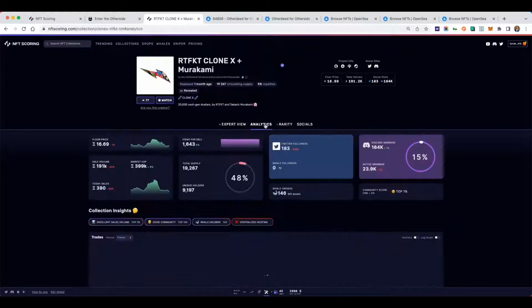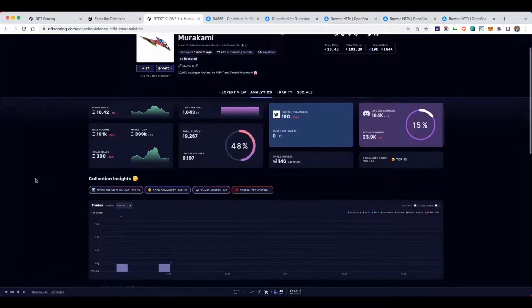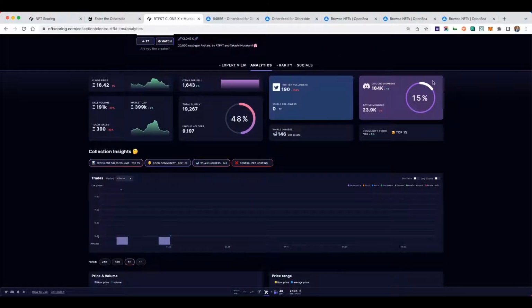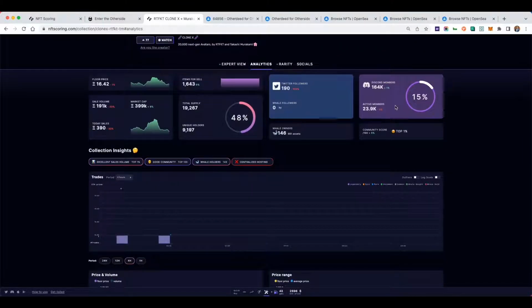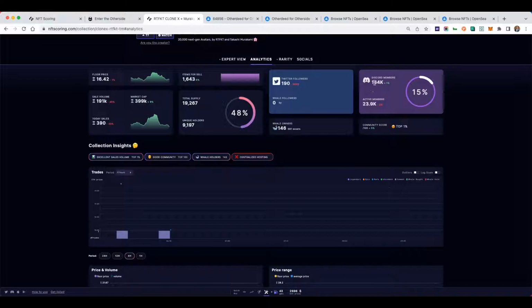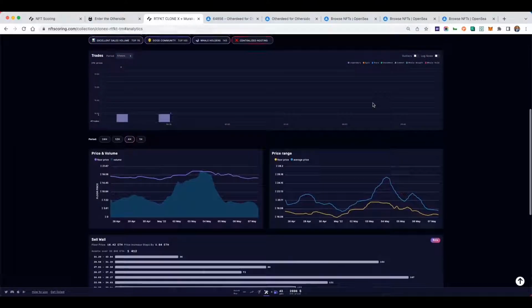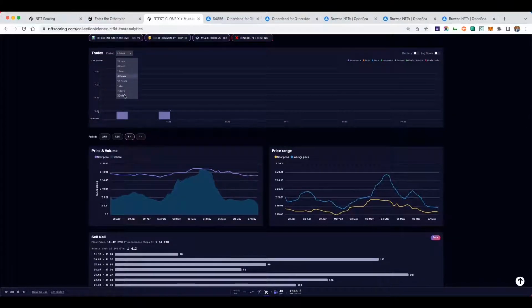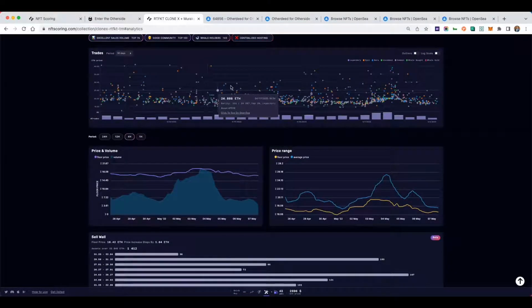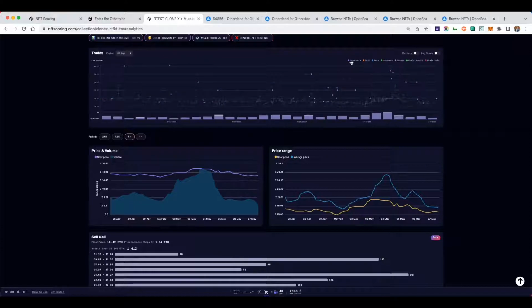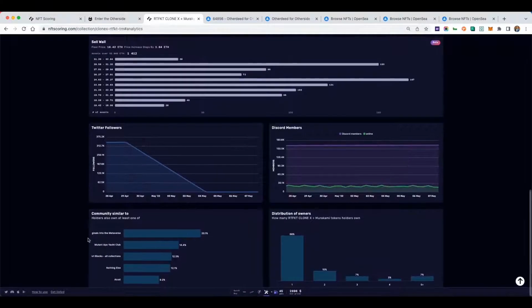If I go into their analytics, what you will be able to dive into further now is a little bit more high level analytics, their social media, right? You can also see whale owners, Discord members, activity. This chart, you can see the 30 days, how it's performing over time. If you hover over legendary, it'll show you when legendaries were bought, epics, rares, and uncommons, sell wall, and then other metrics that you probably use.